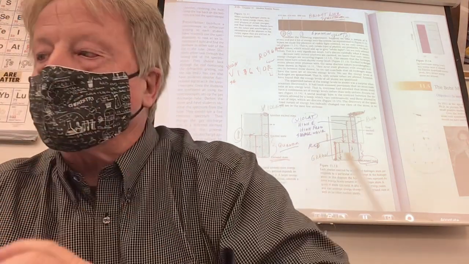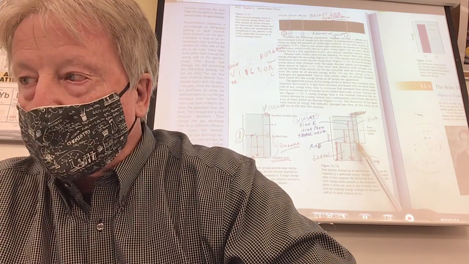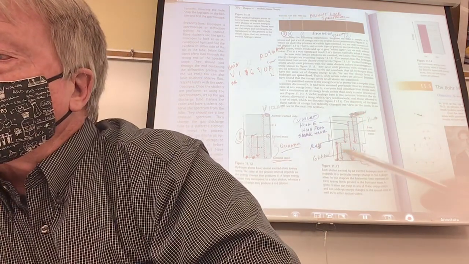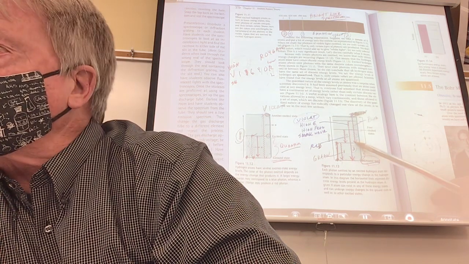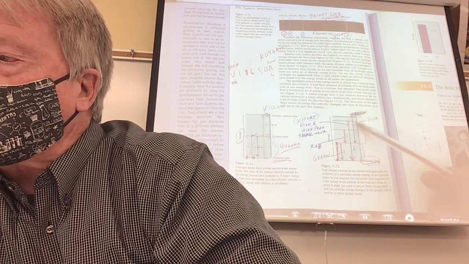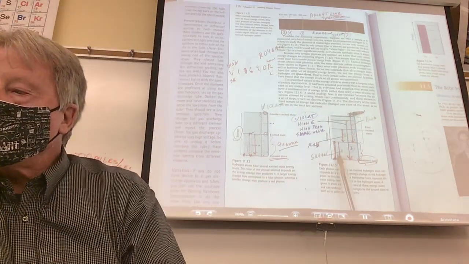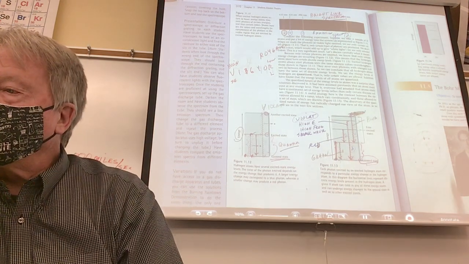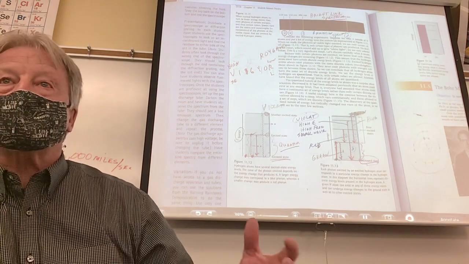Okay, so anyway, my question would be like this. Which one of these jumps that came down would relate to which color? So let's take a look. See the size of these arrows? Which one of these, help me out, Kyle, represents the biggest drop, the biggest release of energy? Is it arrow number 1, 2, 3, or 4? Which one's the biggest drop? It means it released the most amount of energy.